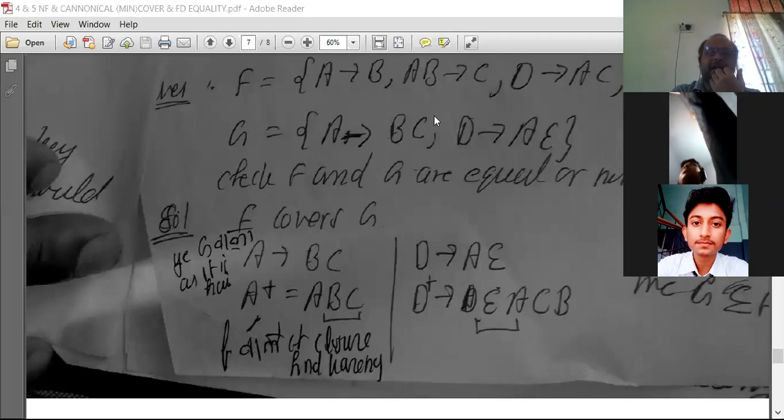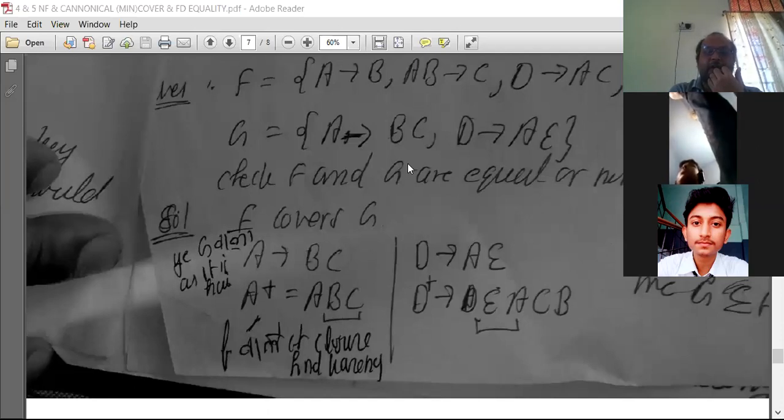Okay, now I am saying that we will check the functional dependency of this one. A, B, C I have included to find out the closure, and I will find the closure from this table. So A tends to BC I have taken from this table, and I am going to find the closure from this table. This table ABC I have taken here, and the left side closure A I am finding from this one. So from A I can reach B, and from AB I can reach C, that means I got ABC.